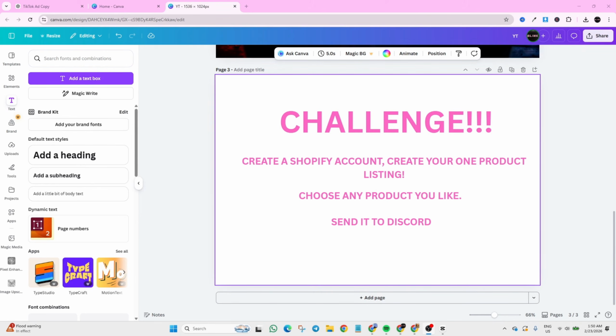So for all the action takers, kung sino talagang gustong mag-start ASAP, I have a challenge for you. Create a Shopify account like what I showed you, and then create your one product listing. You can practice for more if you like. You can choose any products you like, either yung mga na-add to cart mo sa Shopee na isang taon na hindi pa rin nati-check out.